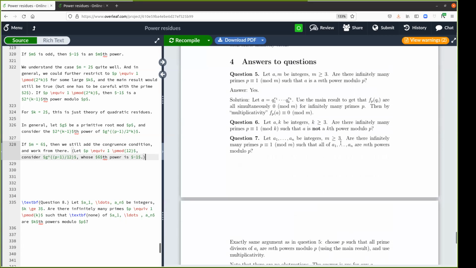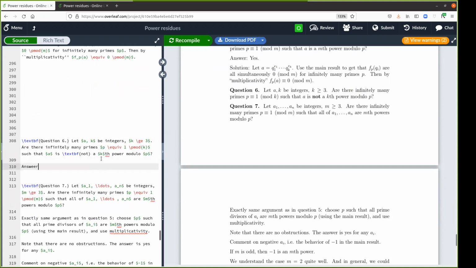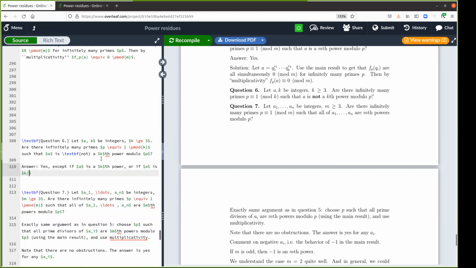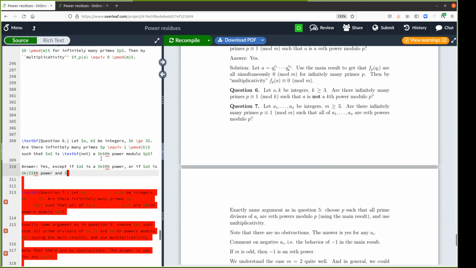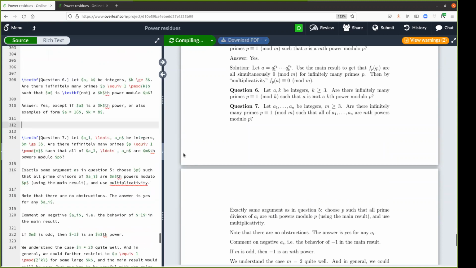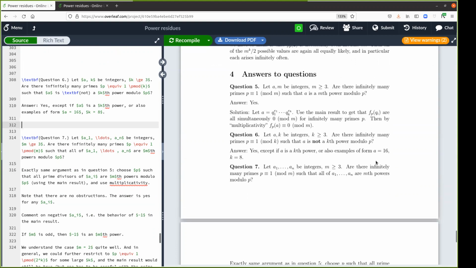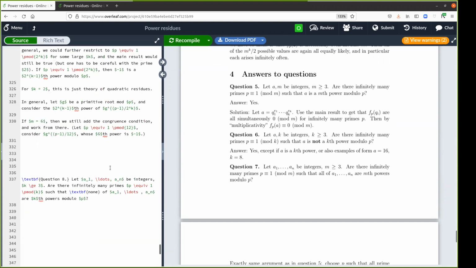For question 6, the answer is yes. In all cases except the very obvious one, where a is a power modulo p of an integer, and also the ad hoc construction where a is 16 and k is 8. For m equal to 6,